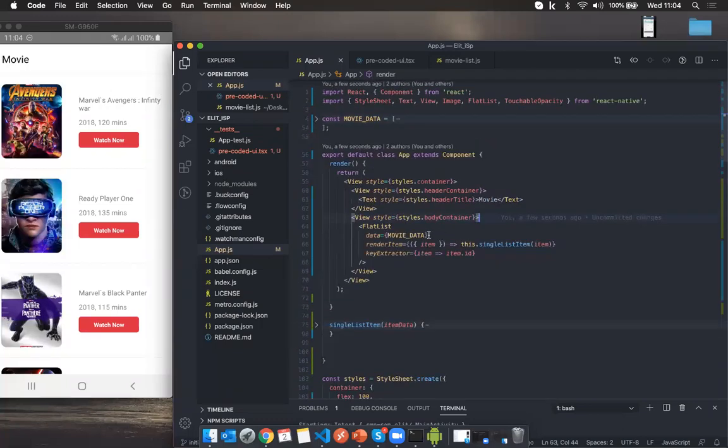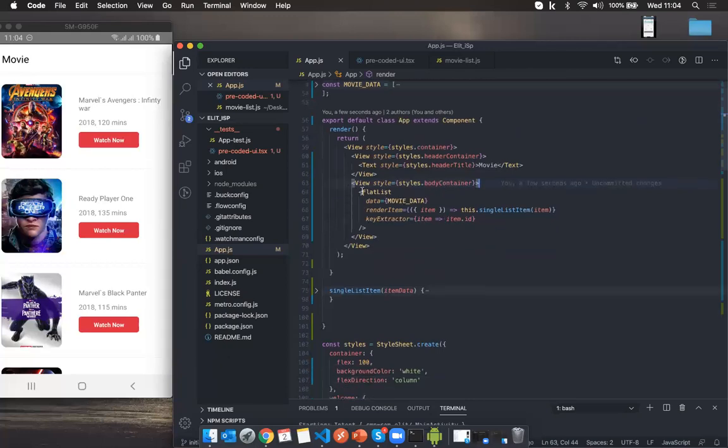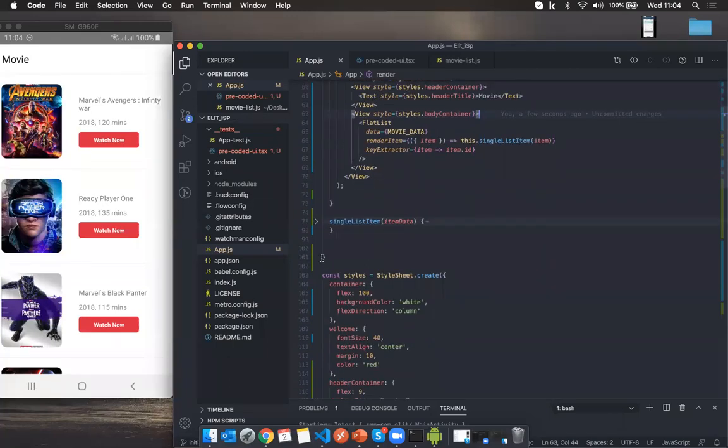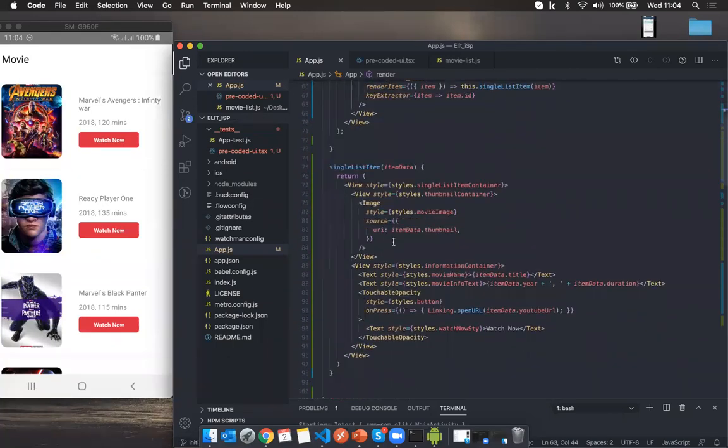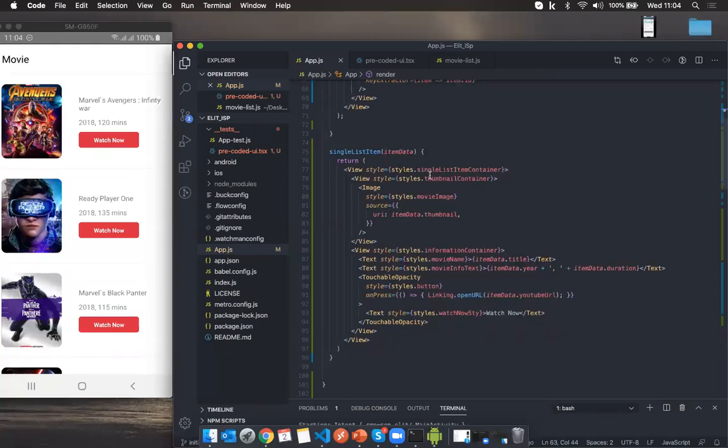And then again, we started adding the body container, and for that we first added one list item, which we moved to this function. If you can see it, we added a single list item container and added a thumbnail container here, and we split the view in two to show the thumbnail and other information.